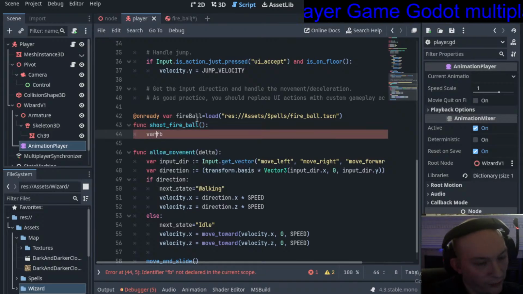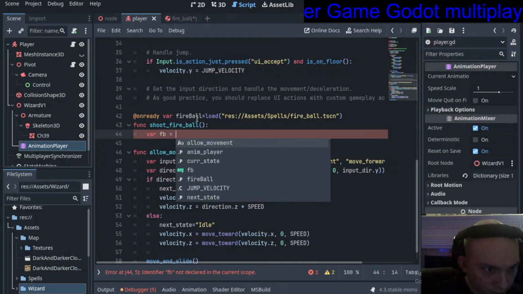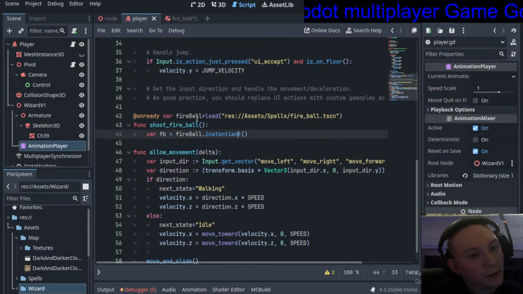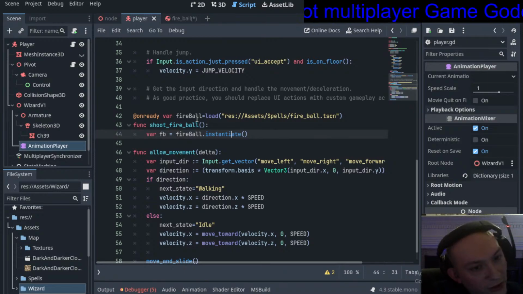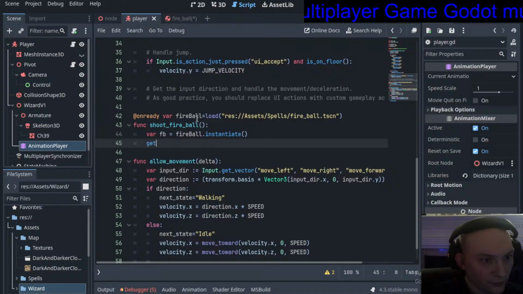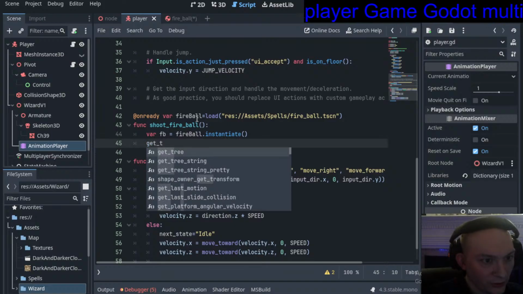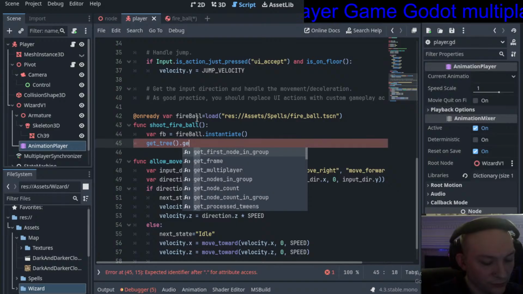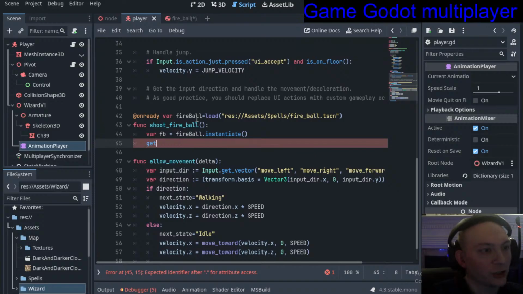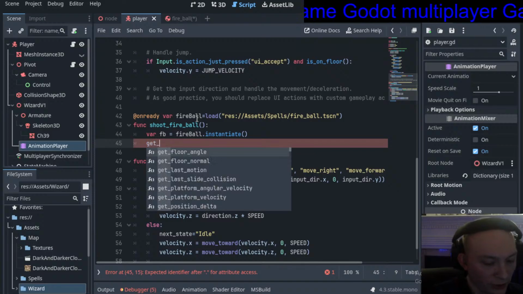And then in here we do fb. We're gonna say var fb equals fireball.instantiate. I always have a lot of trouble spelling this. Instantiate. There we go. And we'll say get_tree. I think if we get the child, actually we'll just get owner, so that'll get the